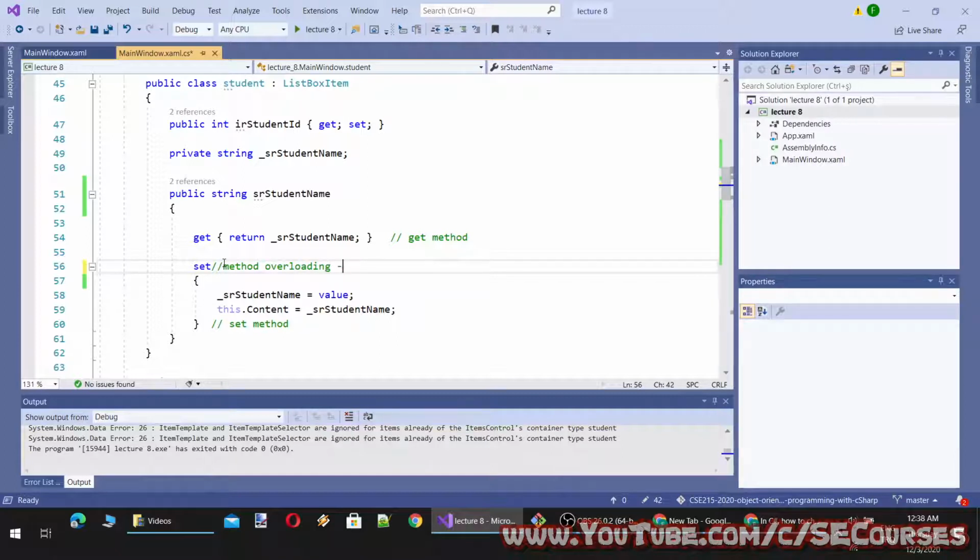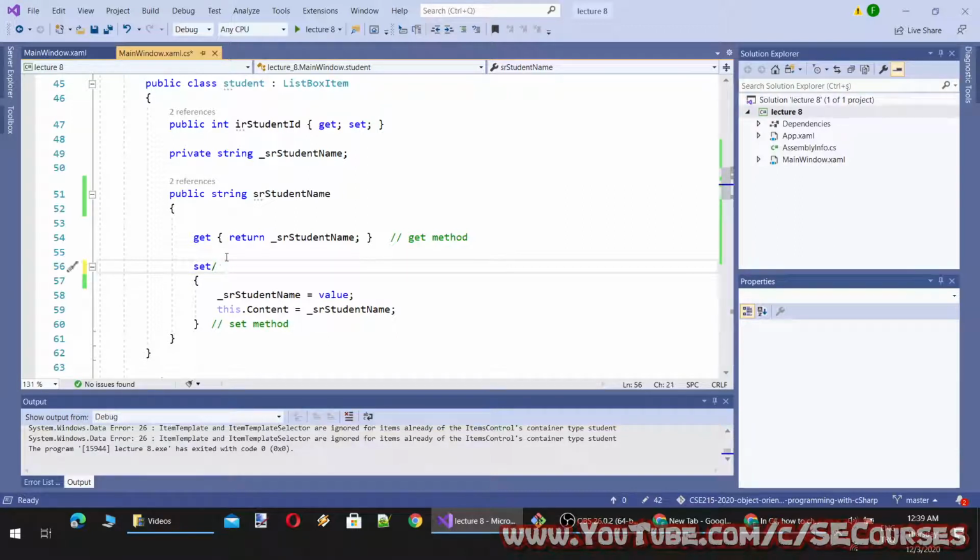we have overloaded set method of, actually this is constructor overloading perhaps, or whatever we call.